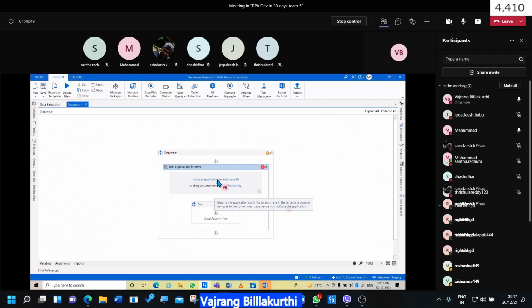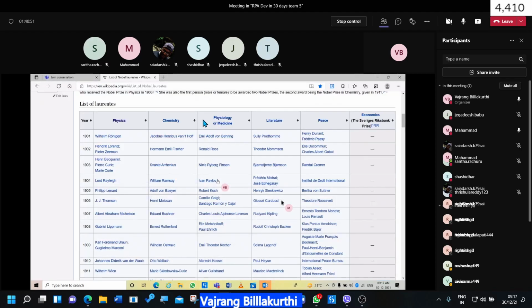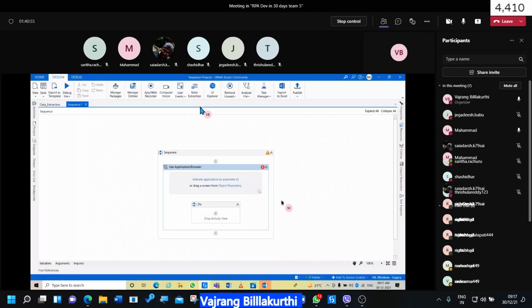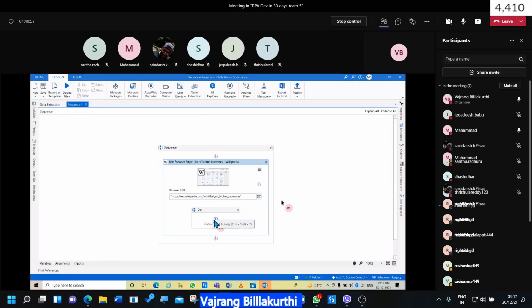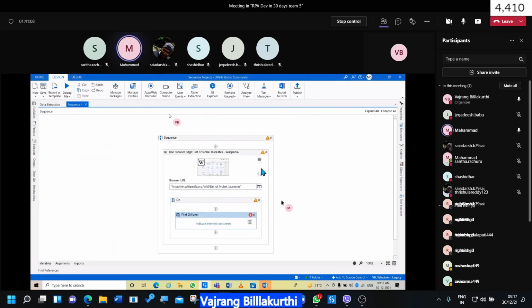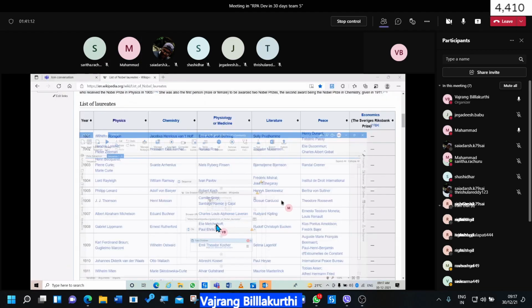Indicate. So let's indicate this browser. Okay. And then let's go ahead and use find children. Yes, Vajrang, find children. Okay. So what are we finding out of this?